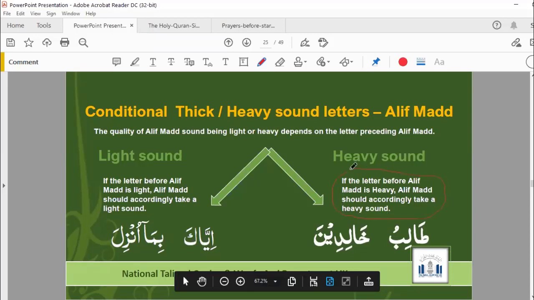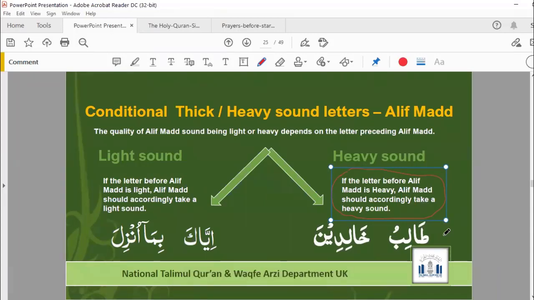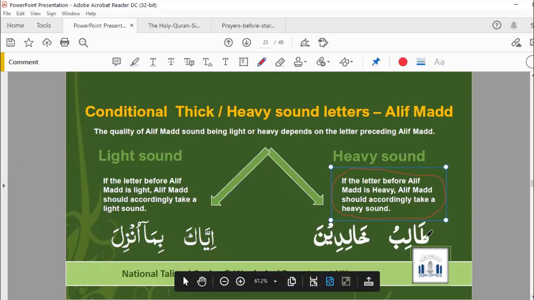The conditions you just mentioned are for the haruful madda, alif. But the thickness of alif depends on the previous letter. If it's heavy, then the alif sound is heavy. We cannot say ta thick and then the a sound thin. We need to prolong the ta heavy sound all along for 2 seconds, because ta is heavy, the alif will be heavy. Here ya is light, then ya alif will be light as well.